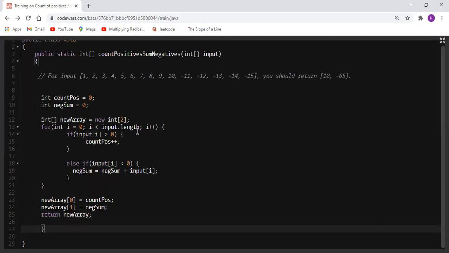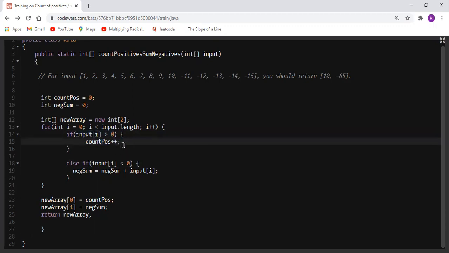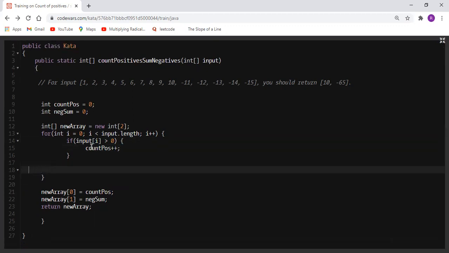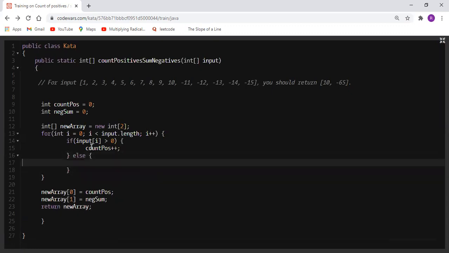It seems like we've passed the tests, but we want to optimize. So I would say that we don't actually have to specify if input of i is less than 0. If input of i is greater than 0, then we want to increment count pos by 1. But if it's not, then I don't have to specify. I can just say that it's either positive or negative, so I'll just say otherwise,